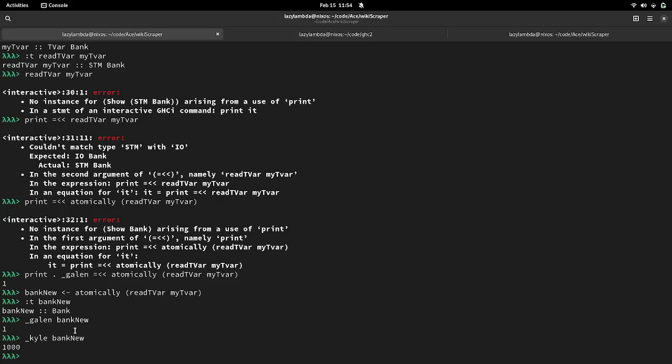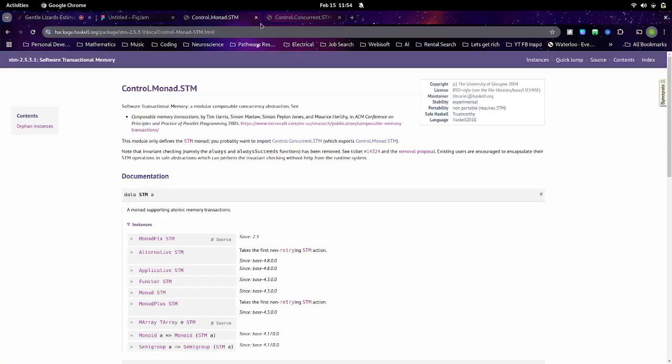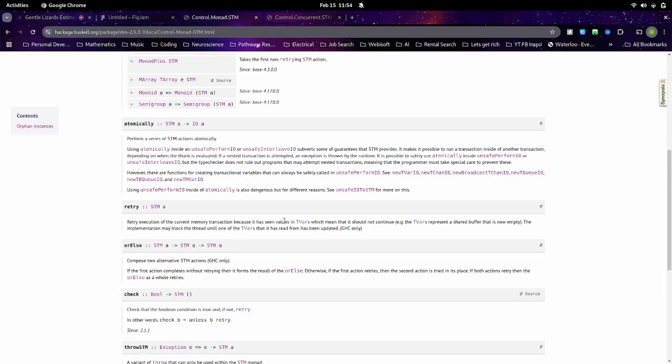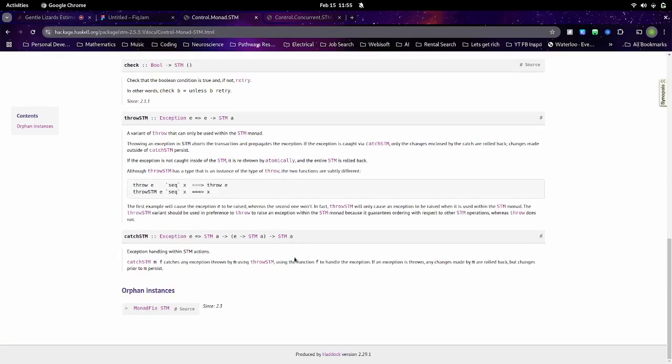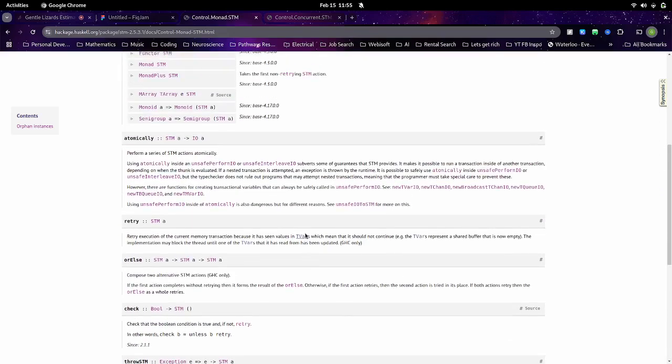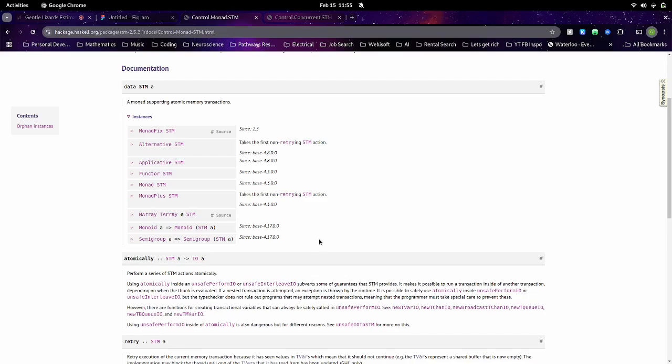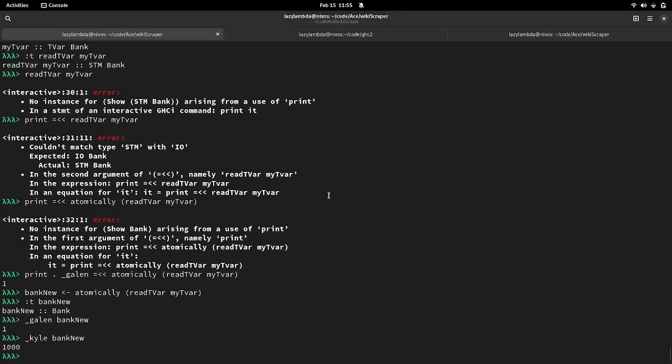In theory it's possible to do IO in STM, but you wouldn't ever want to do it. You would have the cache, or the data, handled by STM, but then you would use IO to affect that STM cache.